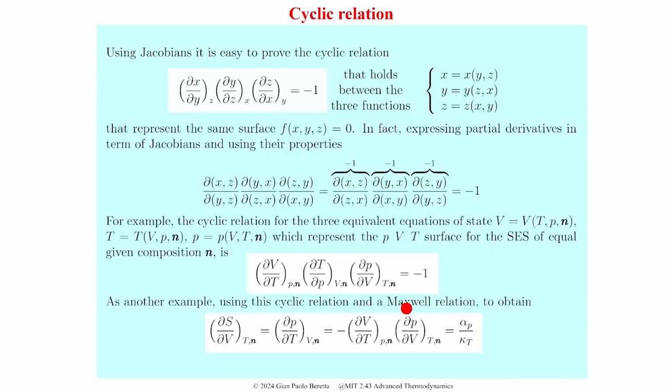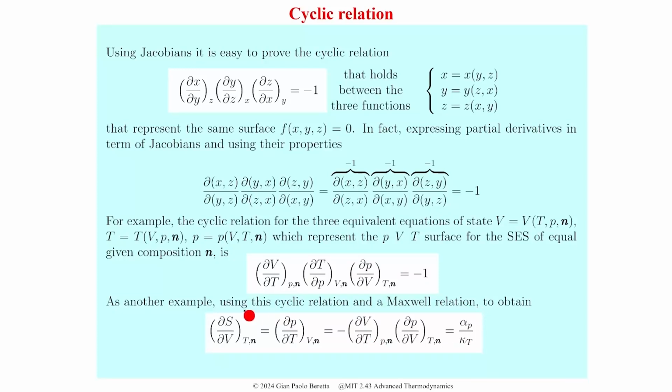And for example, you could apply it. You remember that one of the Maxwell relations that we said could be useful to measure entropy because it gives entropy changes that you can measure by measuring volume changes, pressure changes, temperature changes at constant temperature, at constant volume. So this is somehow the basis of an instrument that you could call an entropimeter. Well, by applying this cyclic relation, and I'm not going to the details, but I'll let you show that,